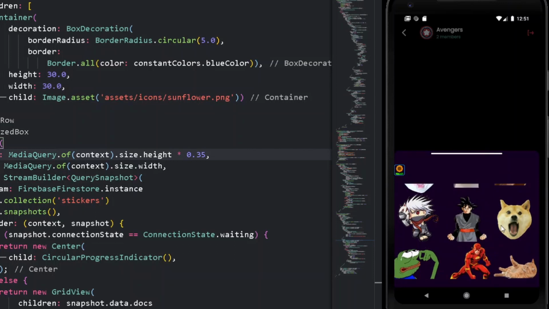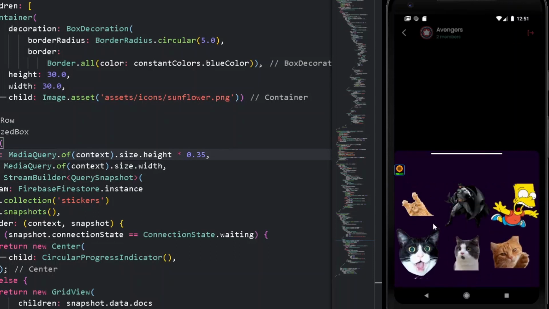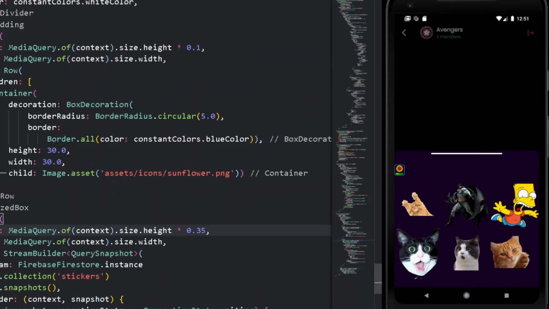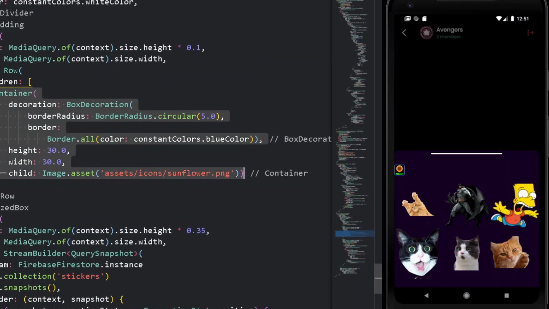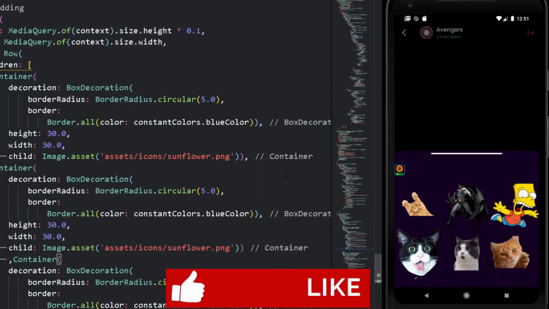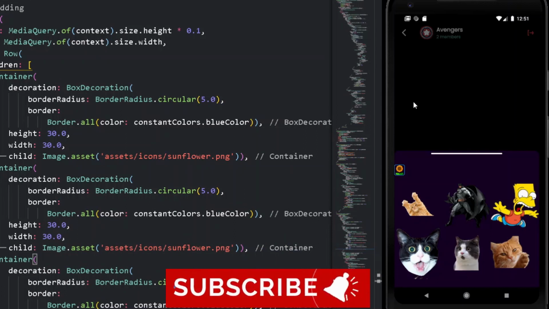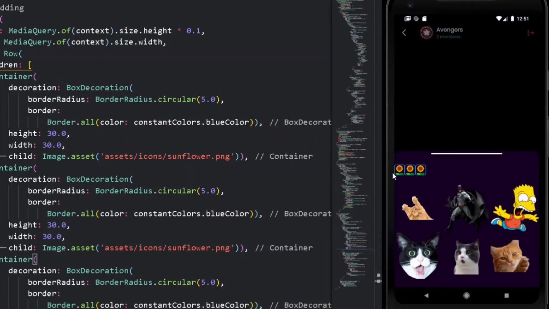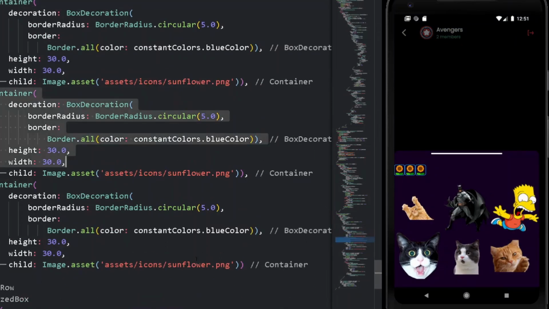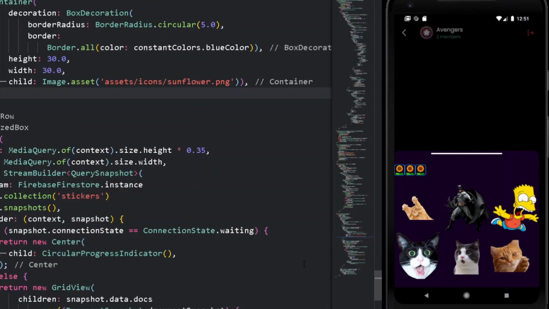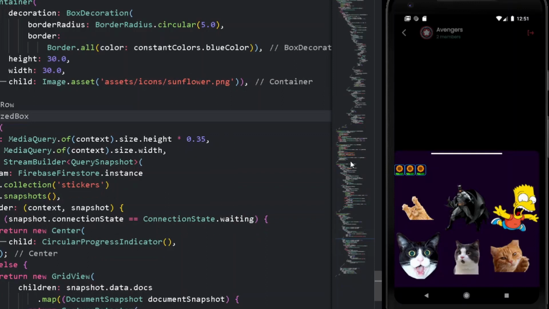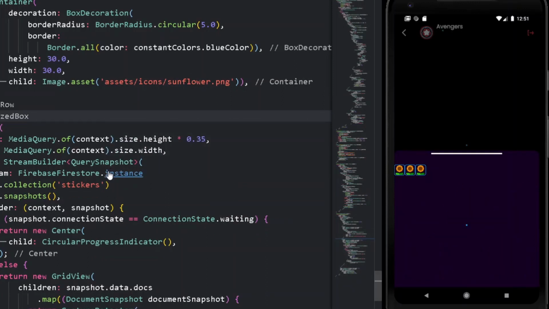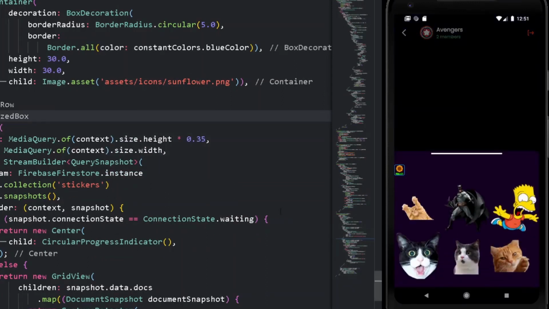I am quite laughing over them because I love memes. So now once the following thing is done, let's copy the following container one more time and paste. Now let's try it out one more time. After pressing over this, alright, we are getting our entire container. Now we can simply do one thing, remove them and only have a single container, because after some time we are going to load all of the category of our sticker from my Cloud Firestore. So now let's try opening it out one more time.